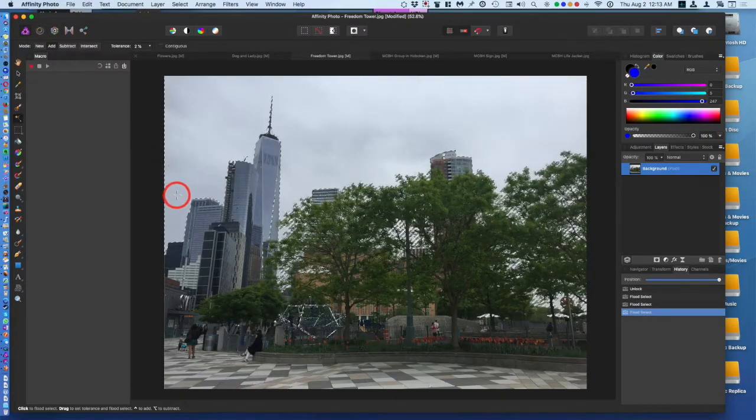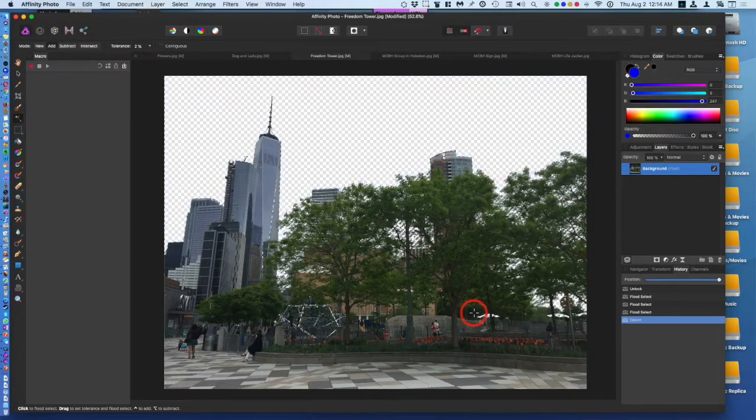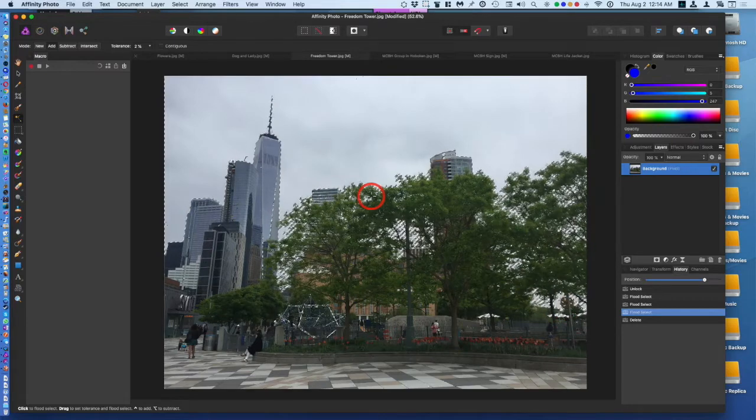There we go. Now I don't care so much about the swings here. They're going to turn color also. But later on I'll show you how to doctor up these umbrellas and turn them back to white or any other color you'd like. So if I push delete again, you'll see pretty much the sky has been selected even in these areas between the trees. Now what we're going to do is we're going to go to adjustments,